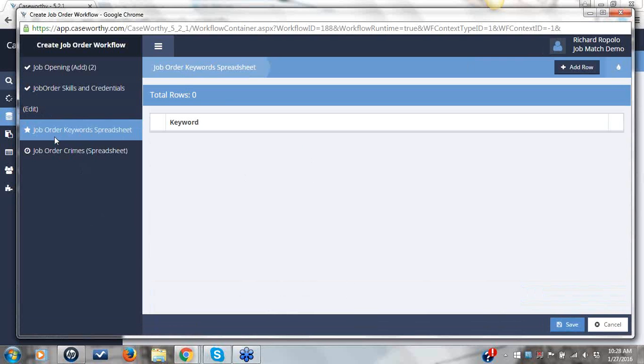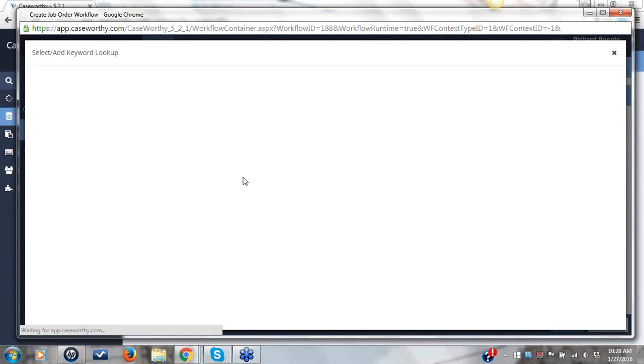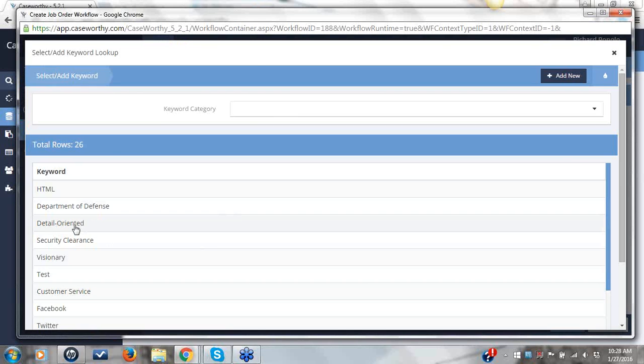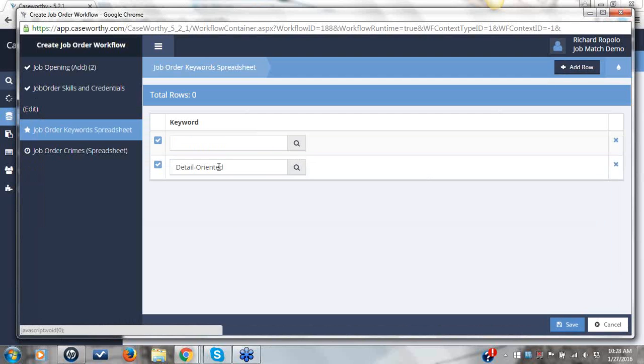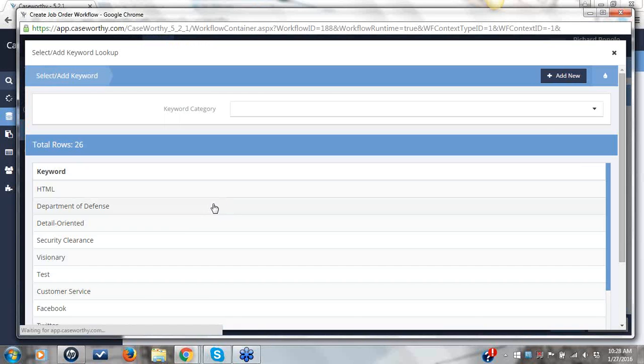And now, do we want to have any keywords, job order keywords? If we put in any keywords associated with this job, as Thomas mentioned, then you'll be able to do a search in your database for those jobs that have this particular keyword associated to it. So let's just put in a couple keywords. Let's say a keyword for this job is detail-oriented,